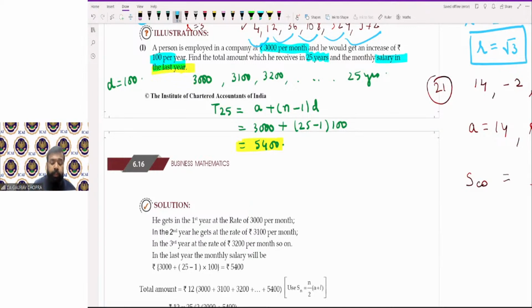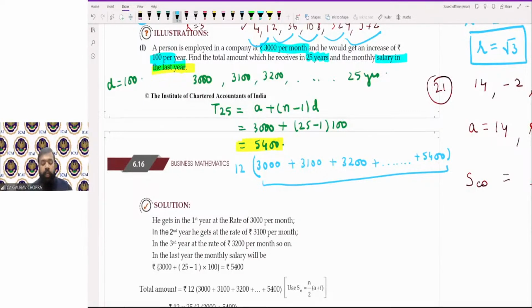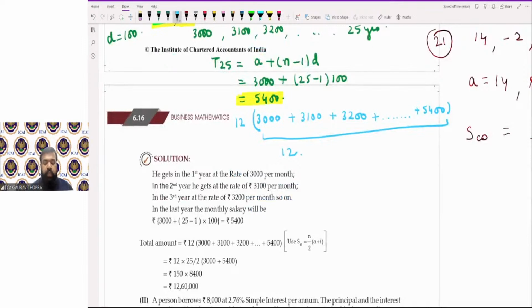ठीक है, तो फर्स्ट ईयर में कितना मिला होगा, फर्स्ट ईयर में 3000 मंथली है, मल्टीप्लाई बाय 12 करना पड़ेगा। सेकेंड ईयर में कितना मिलेगा, 3100 मल्टीप्लाई बाय 12, देन 3200 मल्टीप्लाई बाय 12, तो 12 कैन बी टेकन एज कॉमन, एंड ऐसे करते करते लास्ट ईयर में कितना मिलेगा, 5400। तो सम का फॉर्मूला आपके पास अवेलेबल है, सम ऑफ सीरीज इन एन एपी। तो 3000 से लेके 5400 तक ये आपका एपी बन चुका है, 12 बाहर कॉमन पड़ा है। तो एपी का फॉर्मूला अप्लाई करते हैं, 12 इंटू